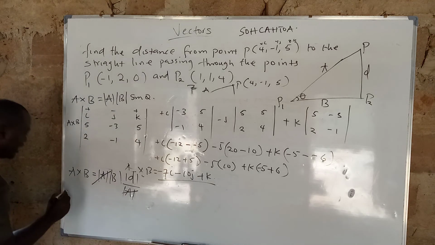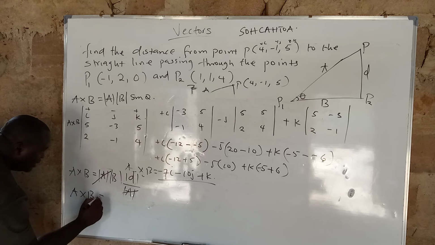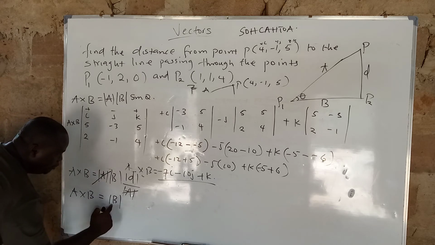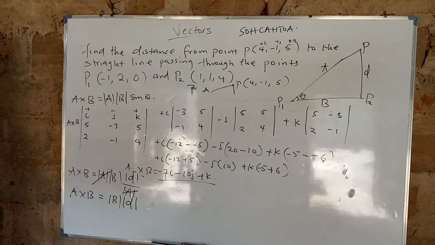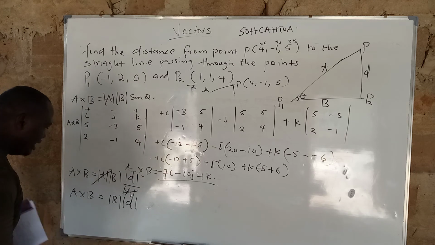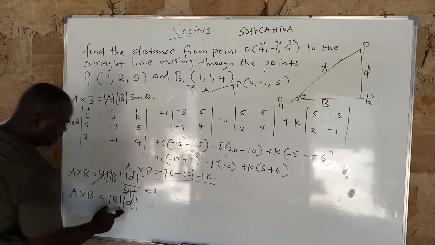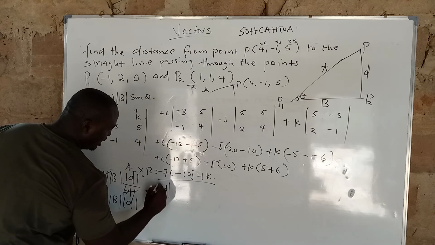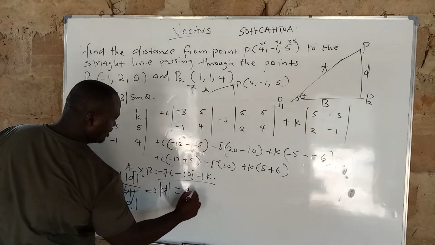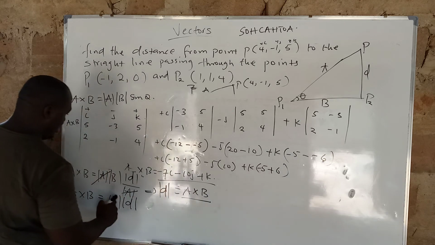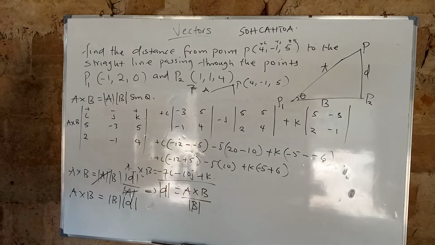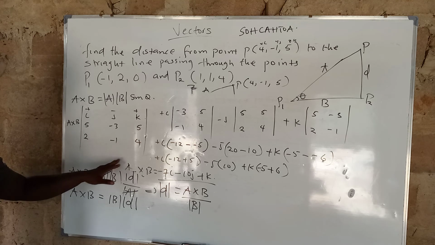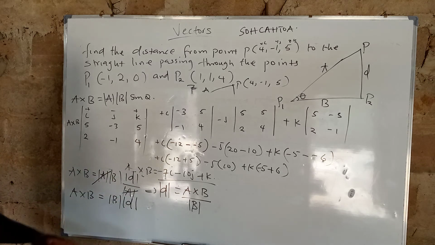So we are now left with A cross B is equal to the magnitude of B and the magnitude of D. Remember, what we are trying to calculate is the distance. So I'm going to have to make D the subject of the formula. Making D the subject of the formula, what you will now get is A cross B all over the magnitude of B. Right? Good. And remember, we already wrote the magnitude of A and the magnitude of B. So right now,